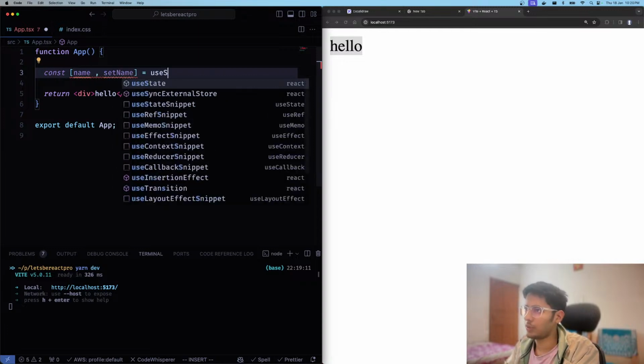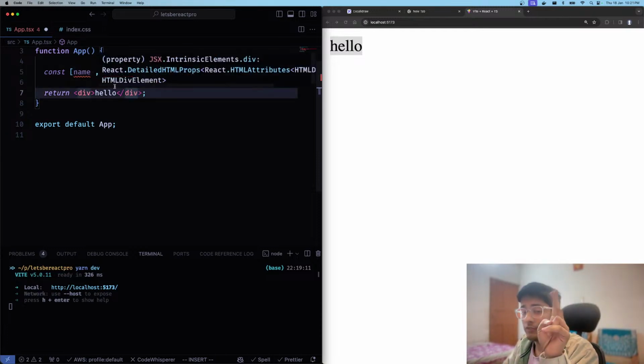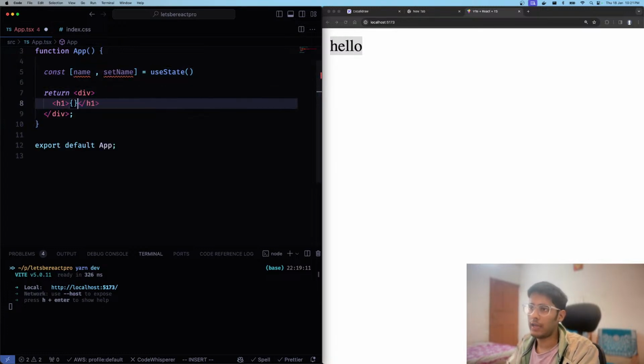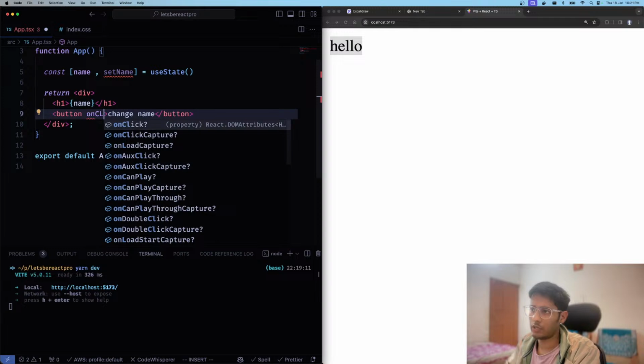What useState is doing is it returns an array of two things. First is your state, second is a function, and whenever you call that function, your entire component gets refreshed. That's all what useState does, right? So if I render this over here, and if I say h1 and name, and if I go over here and I just say button, change name, right, what useState is doing is when I click on it,